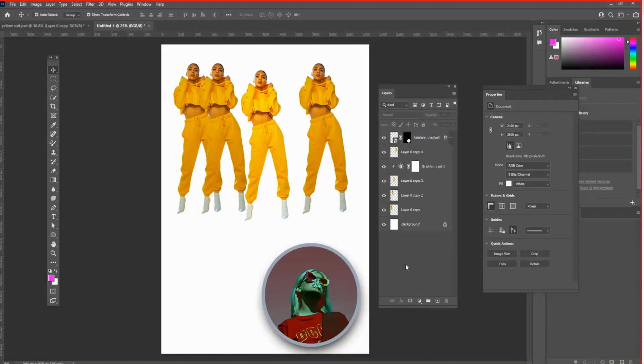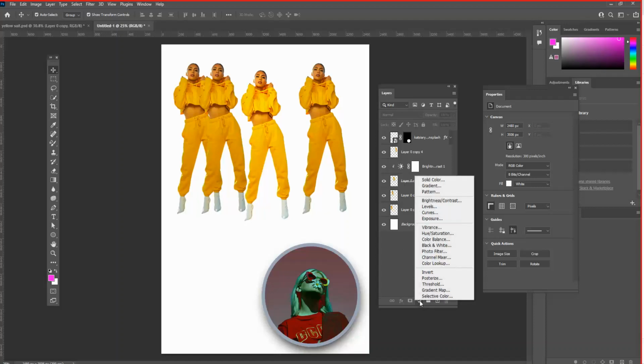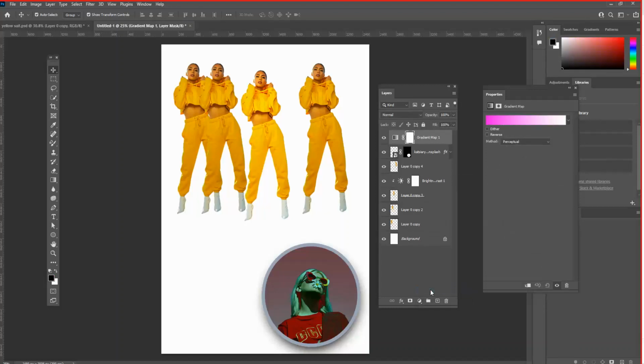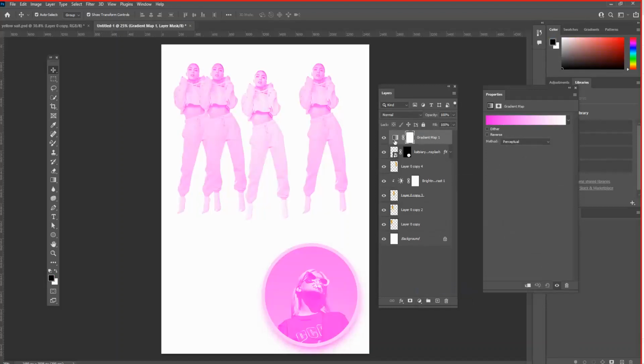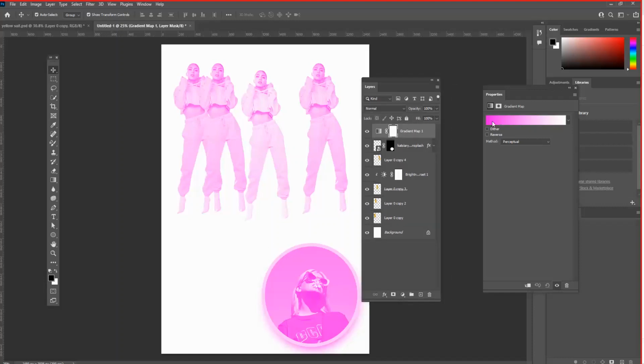Okay, we can do other adjustment layers. Let's look at what else have we got? We could do things like gradient map. They're quite cool if we do a gradient map. Okay, so you can see again at the top, it's kind of recolored it all with this colour, and again in the properties, look, obviously the last gradient map I did must have been pink, so it's choosing that one again, but I can change these colours. So if I click on this bar here,